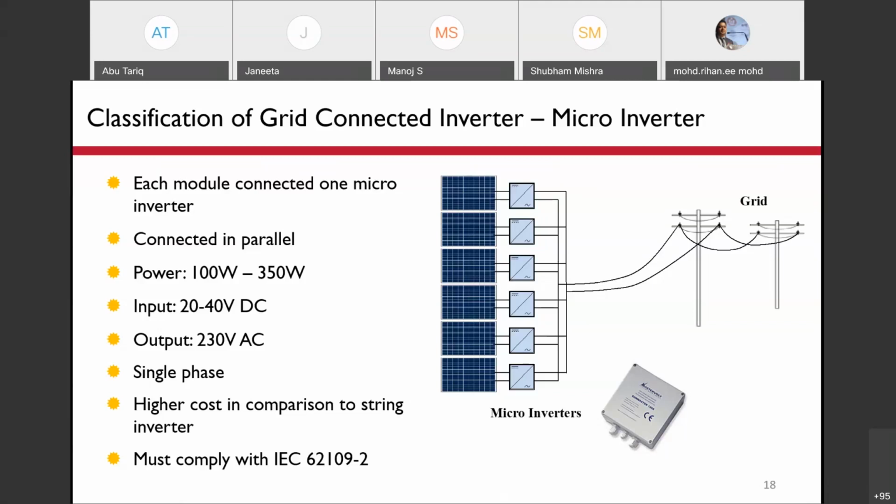But the main thing is that the cost will be high compared to a string inverter. The cost of the extra energy that we are producing because of this arrangement should be more than the extra cost that we are incurring in this inverter. So at present, we can say that the cost of microinverters is high and it is not financially or commercially viable.